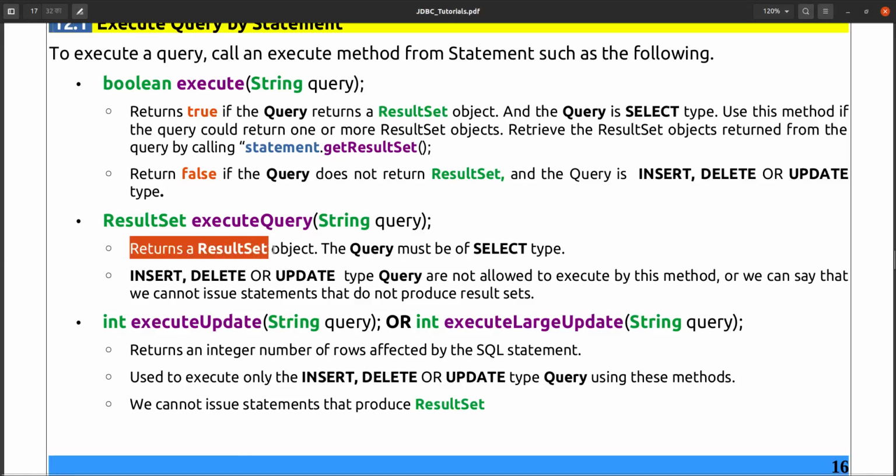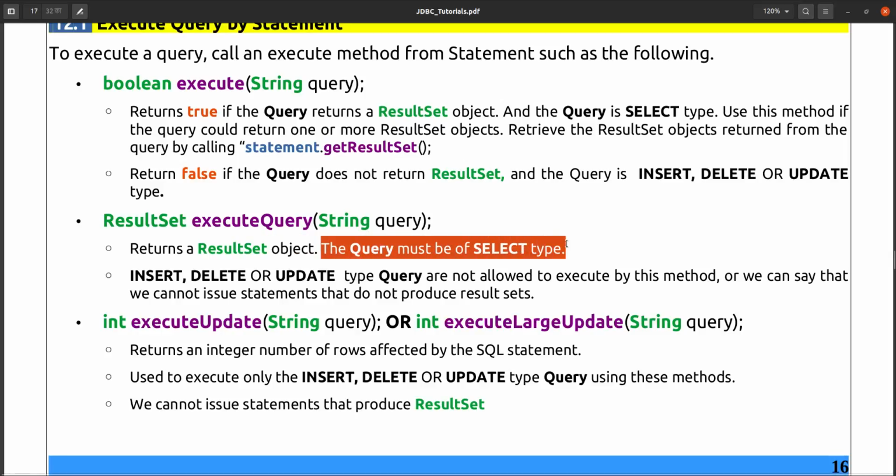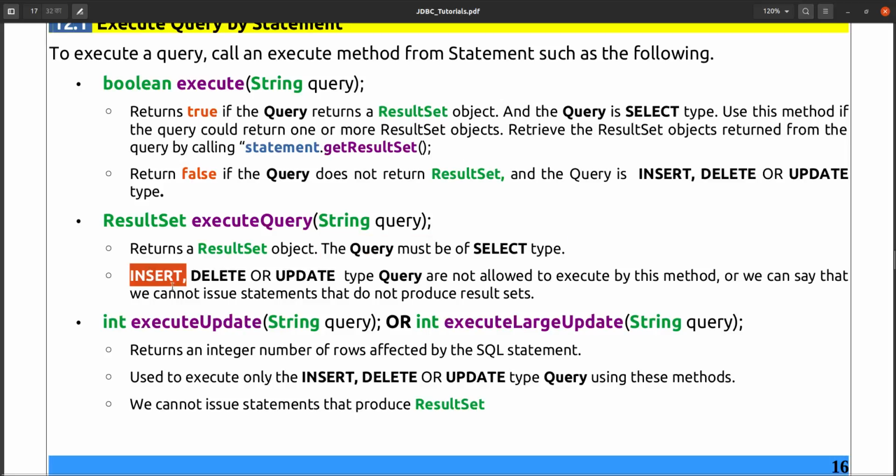ExecuteQuery returns a result set object, and the query must be of select type. Insert, delete or update type queries are not allowed to be executed by this method. Or we can say that we cannot issue a statement that does not produce a result set.